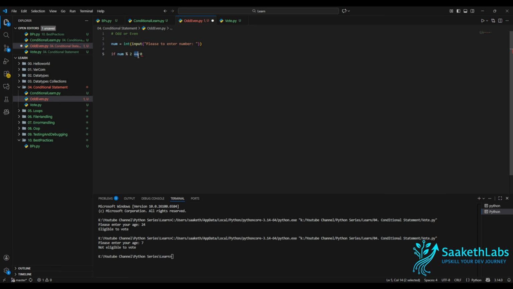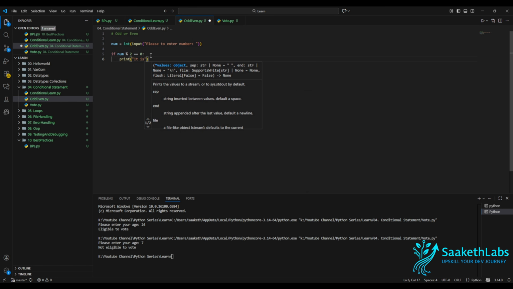But when we use double equals, we verify if num modulus 2 is equal to 0. So we verify whether both the operands of this operator are equal. So if num modulus 2 equals 0, meaning if a number is divided by 2 and the remainder is 0, then we print